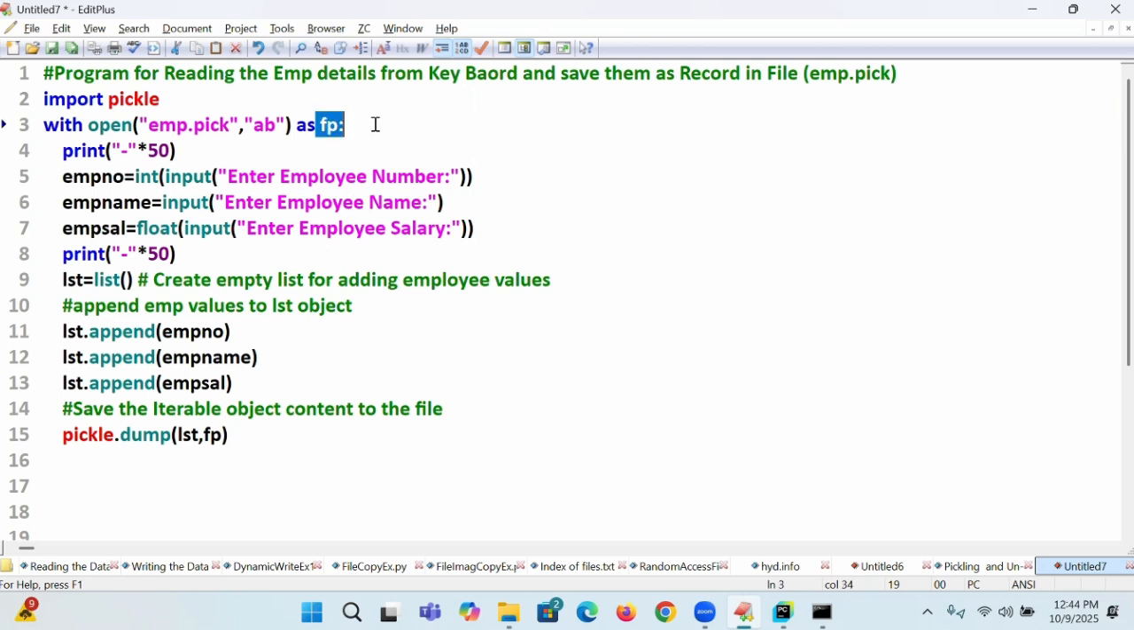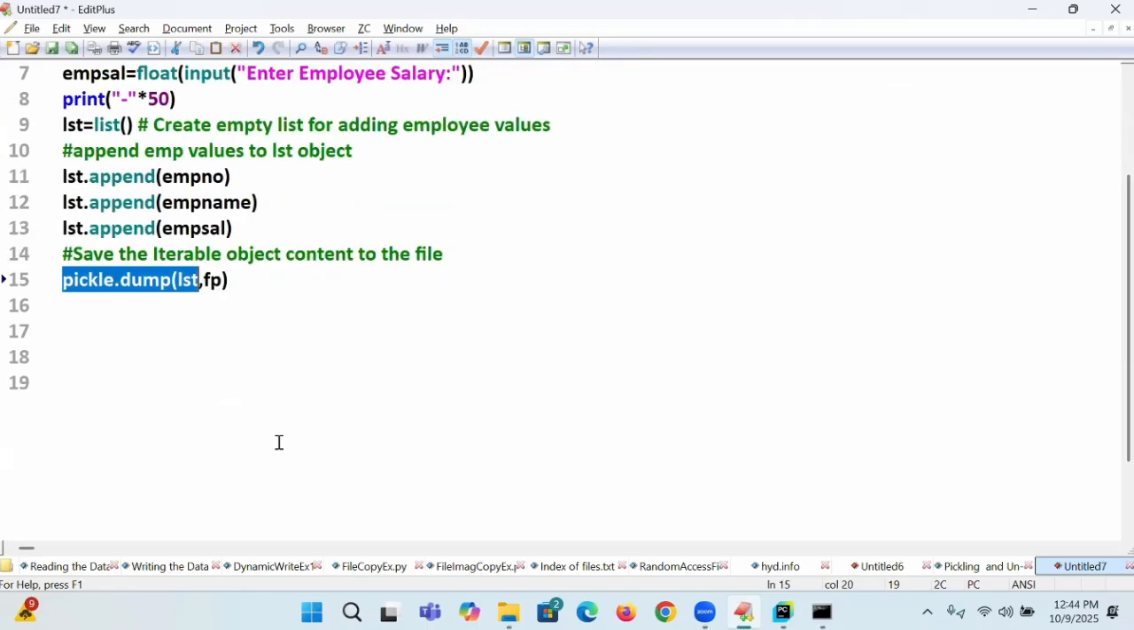Yesterday only I said to you, FP is an object of what? Text IO wrapper, which is pointing to the starting entry of the file. Wherever FP is pointing, LST is pointing to the LST data returned to the file where FP is pointing. That is called a dumped data returned to the file. There I will write it. Print of what? Here I am writing employee data. Employee data saved